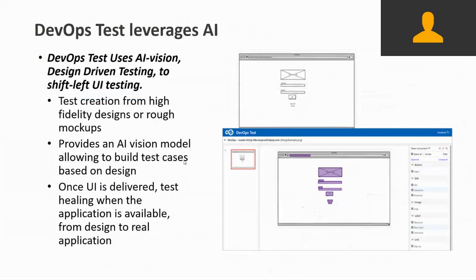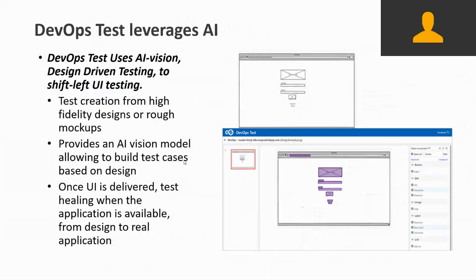So maybe we could advance the creation of UI tests using modeling, using some information available to the developer to create the UI, and so start to create the test before we have the user interface on the